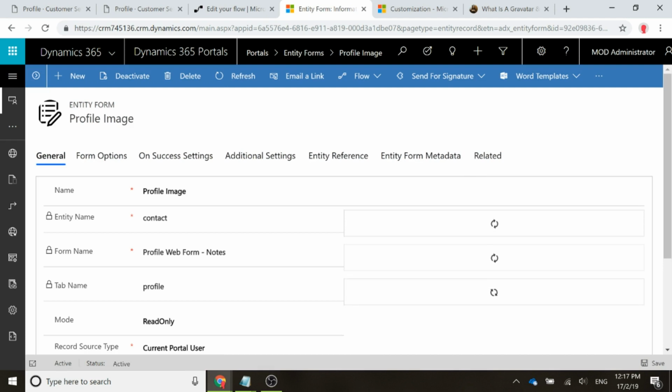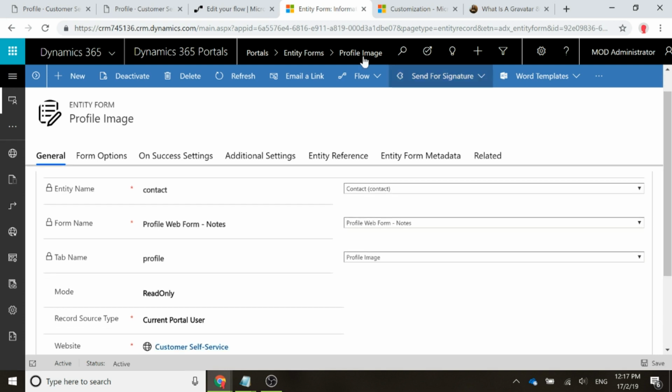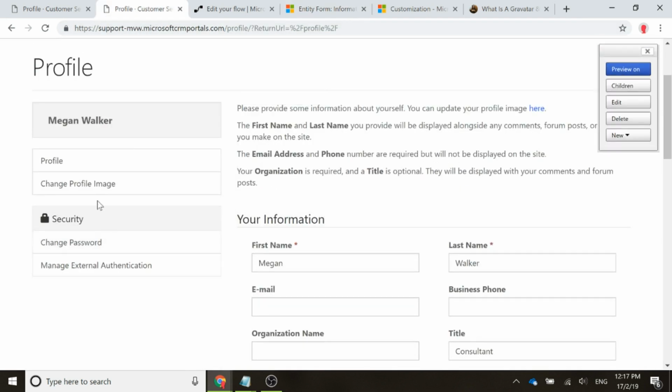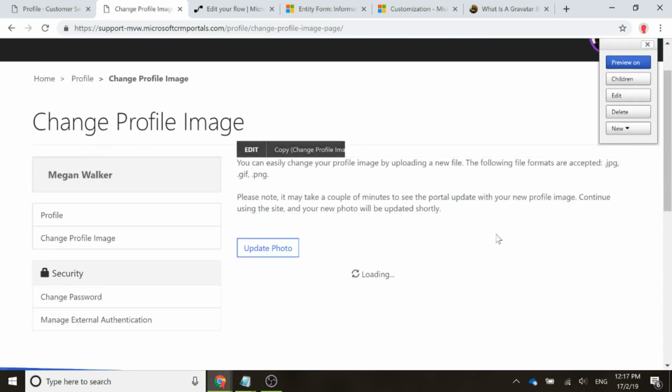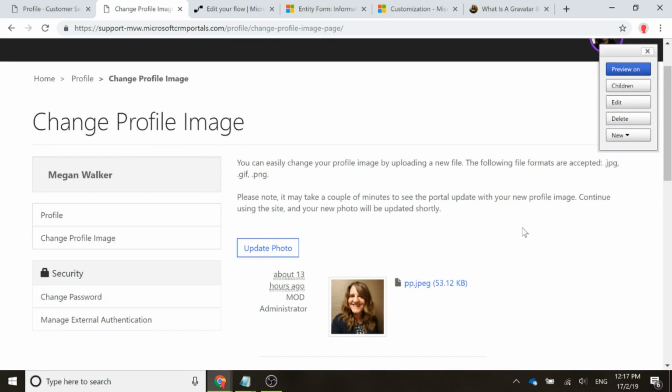Now, the portal image is going to be used on the change profile image web page. So this is the web page. If I go to change profile image, this is the web page that will display all of the previous images that somebody has uploaded. Okay, so that is the form in Dynamics 365 we created where we said just display